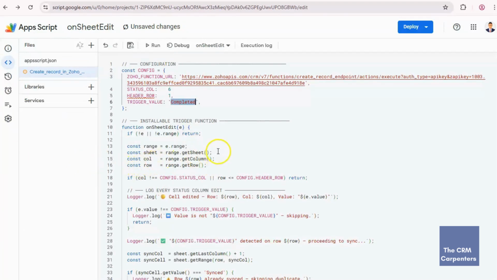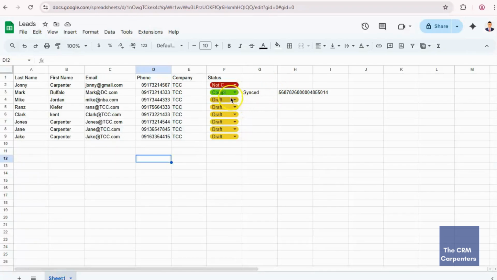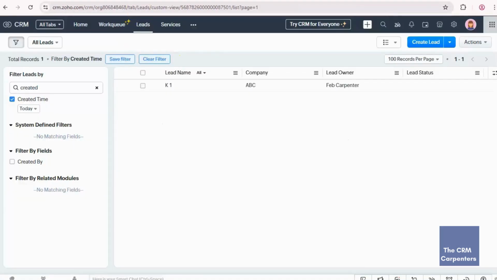So the next function is the on sheet edit. This function mainly triggers the whole function. It fires on every sheet edit, but only acts when the edited cell is in the status column 6 and its value is completed. It then reads the row's data, formats it into a record, and sends it to Zoho.